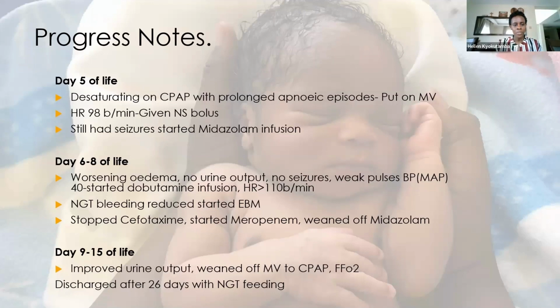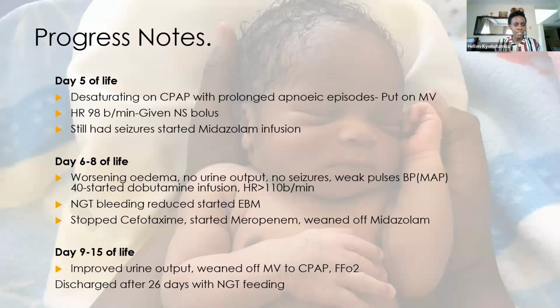And the MAP was showing that it was 40, which wouldn't be so bad, but because the baby had signs of poor perfusion and was still having bradycardia, we started this baby on dobutamine infusion, and the heart rate progressively improved over the day. On the 7th day of life is when we noted that the aspirates, the bleeding, had reduced, and we were able to start the baby slowly on expressed breast milk,